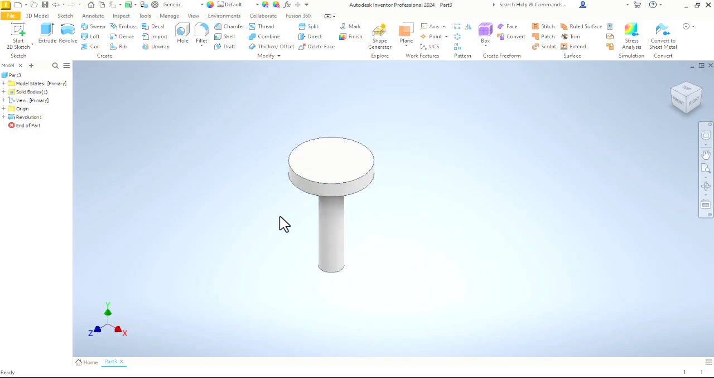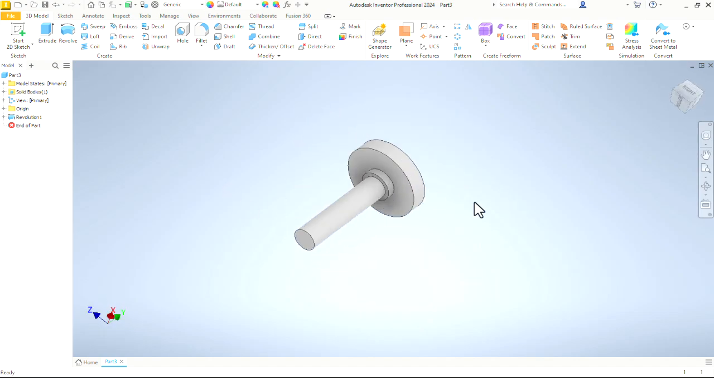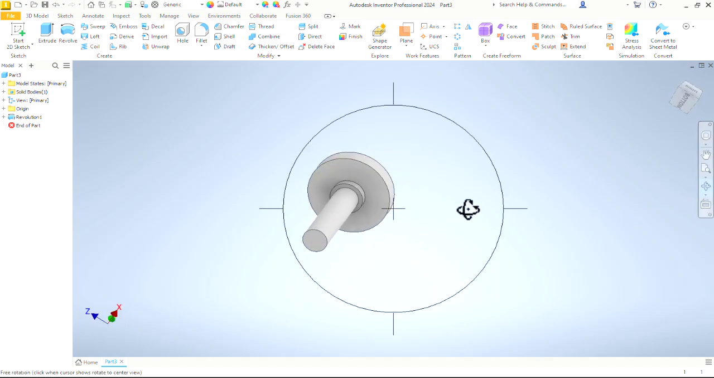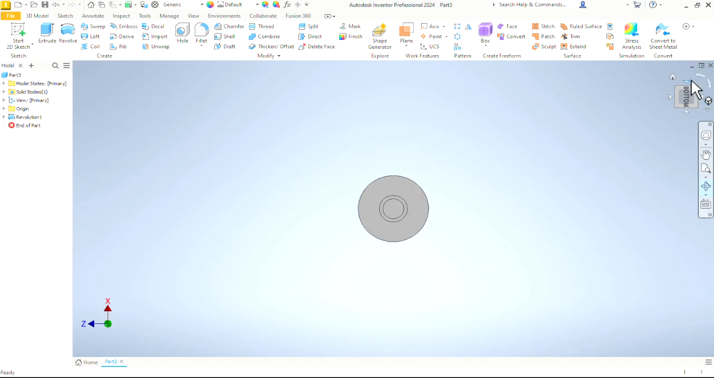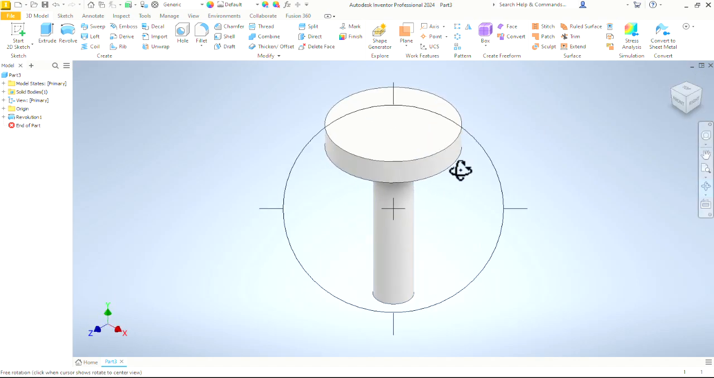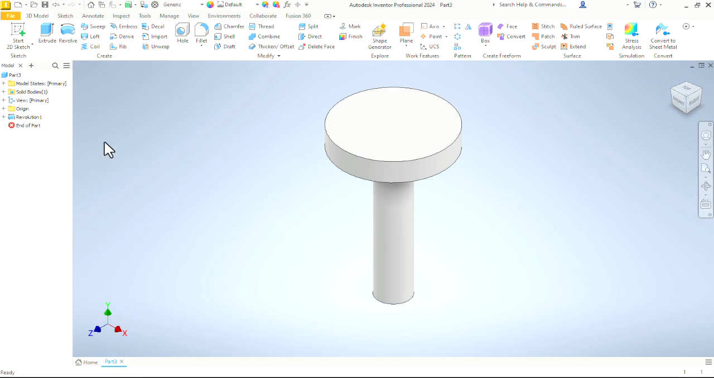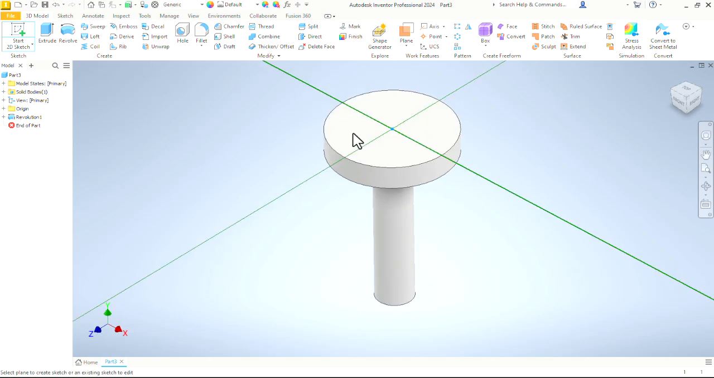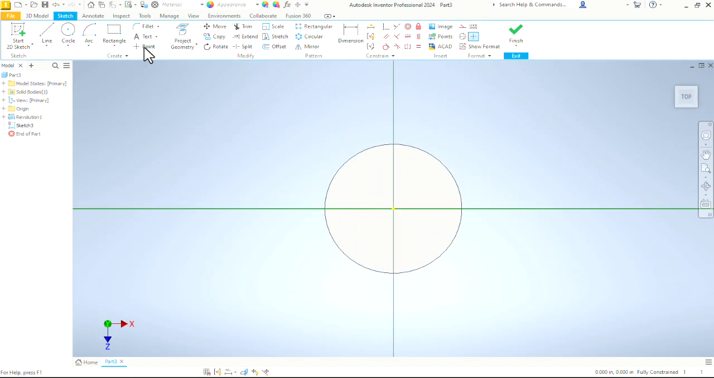Now we will use F4 to orbit. Just a reminder, the free orbit button is over here. It does the same thing. We can rotate around with our view cube and get different views of this part. That is the home view. And in this position, it is ready for me to start a new sketch on that top face, where we